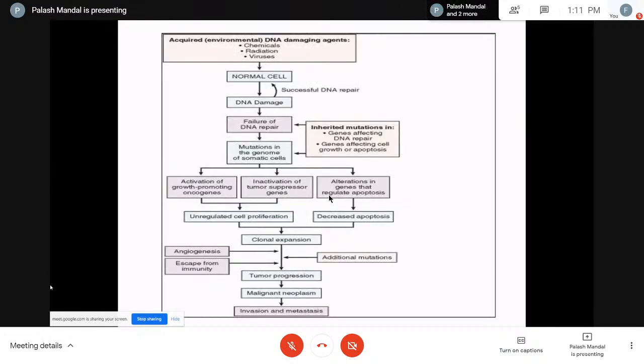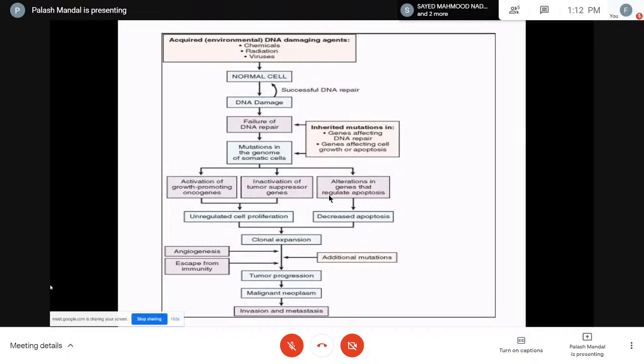Okay. So as you know, this is a picture which has been taken from Robbins, and this picture I had shown you before also, this chart or diagram. The flow chart says that if a normal cell undergoes any damage, there are DNA repair genes which successfully repair the cell and bring it back to its normal shape or normal function. However, if there is a failure of DNA repair, or there are inherited mutations in the